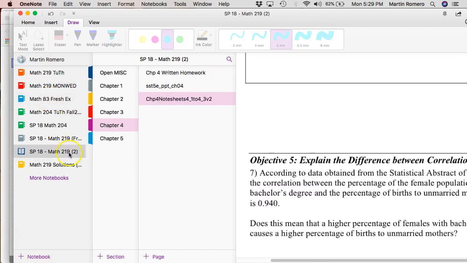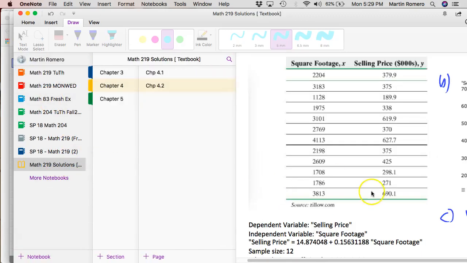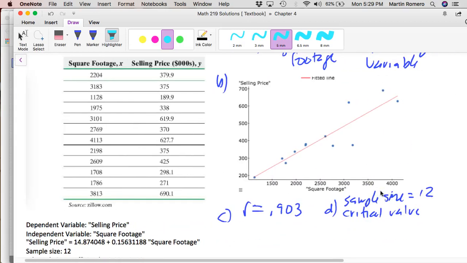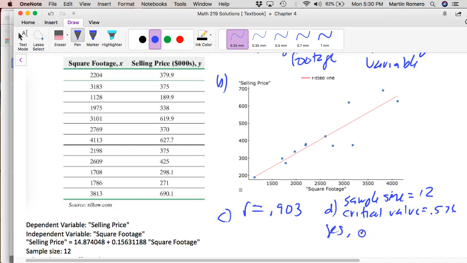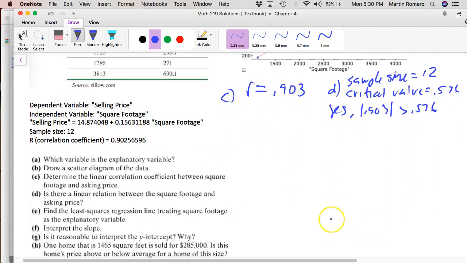Let's go ahead and take a look. So in here, the critical value is 0.576. So yes, we do, because 0.903 absolute value of that is greater than 0.576. We don't really, because it's positive, we just want to compare. If it was negative, we need to take the absolute value. Part E,